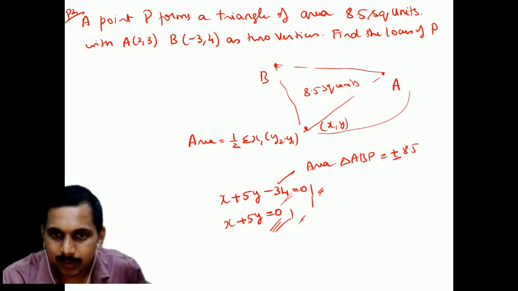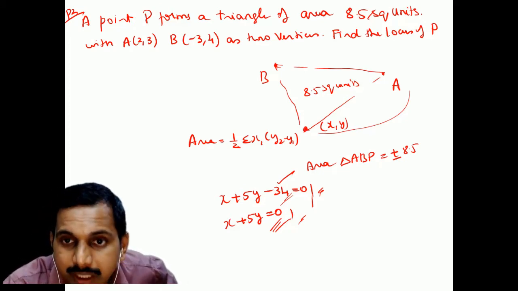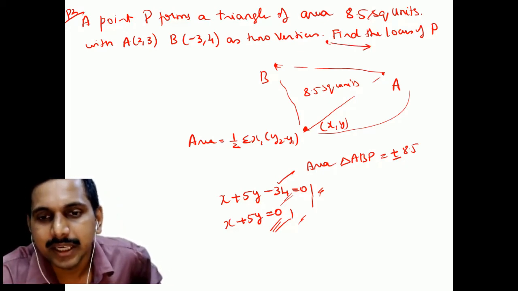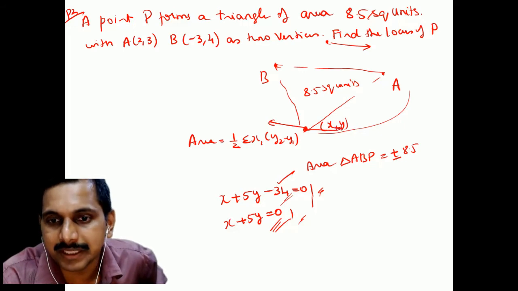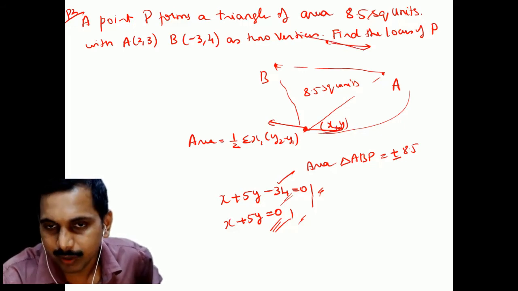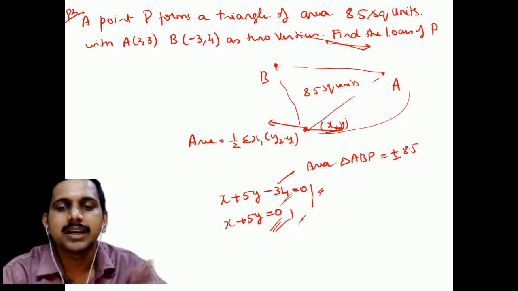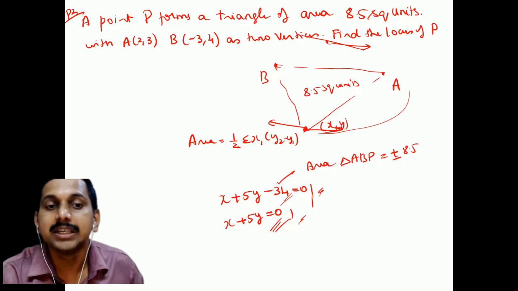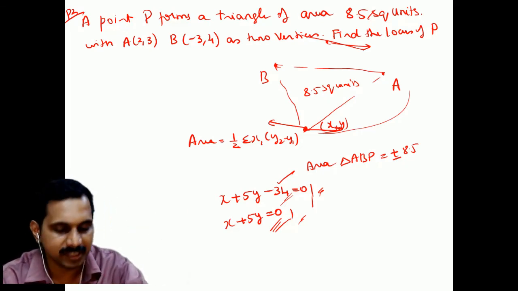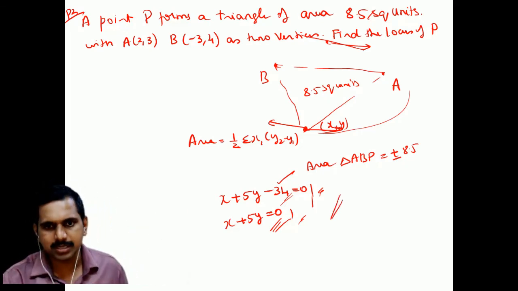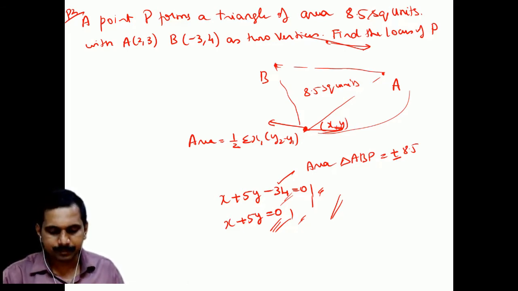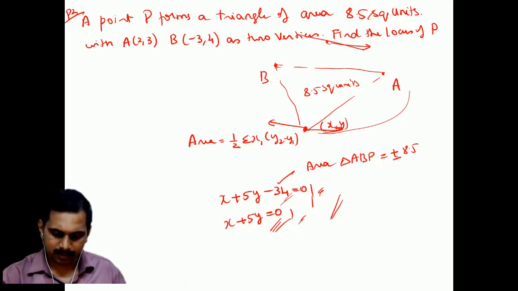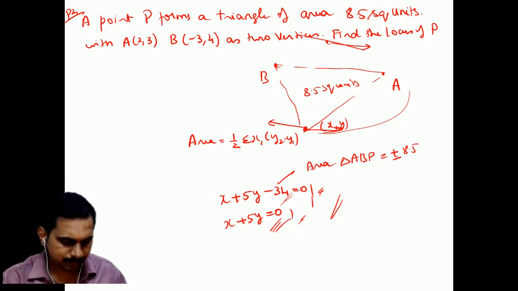Why? What does it relate to? One being over here, one being over here. P can be moved over here like this. It can move over here like this. Both places it can move. So when it moves in two places, one can be positive area, one is negative area. That is why plus and minus. There is more to it; how it is there, we will see later. I hope everybody got this. Let us go further. Anybody who's not got this, please tell me.